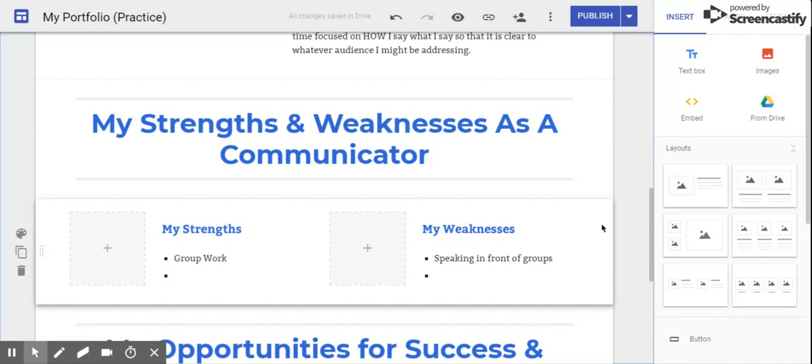A few other ideas before we go ahead and move on to the last section would include things like organization. So are you good? And I'm not talking about organizing like files and folders and papers. I'm talking about organizing the things that you write or the things that you say. Are you good at knowing, well, if I wrote this first, then I should write this second? Or if I said this third, then I should say this fourth. It's about how you put your pieces together. Are you good at organization?